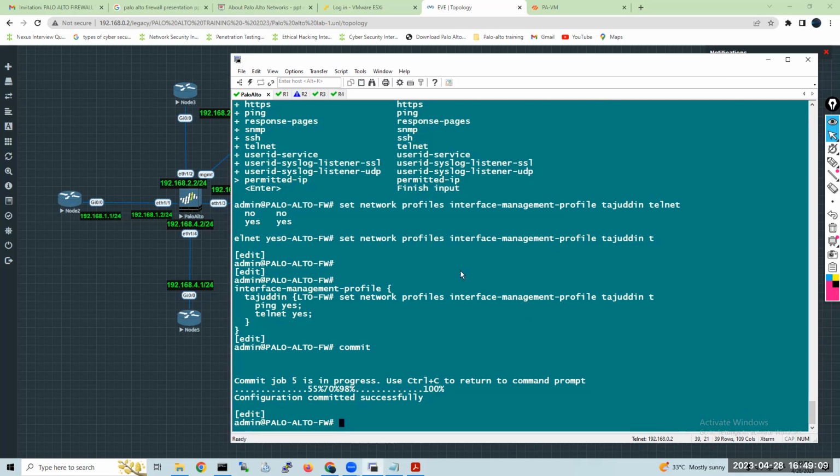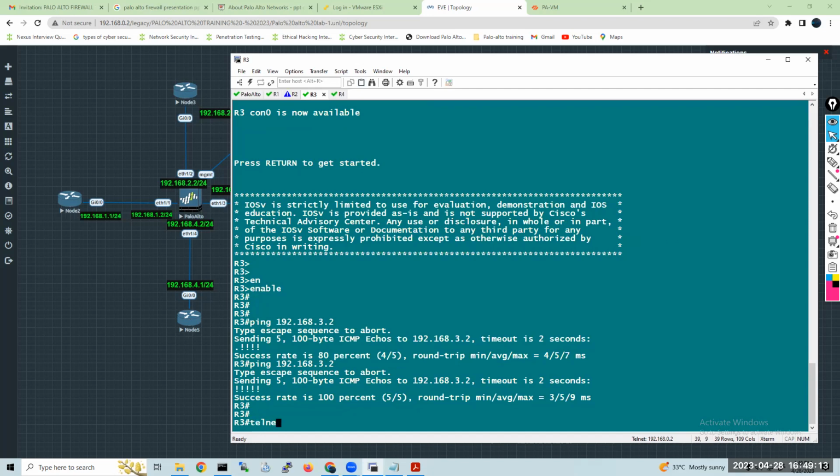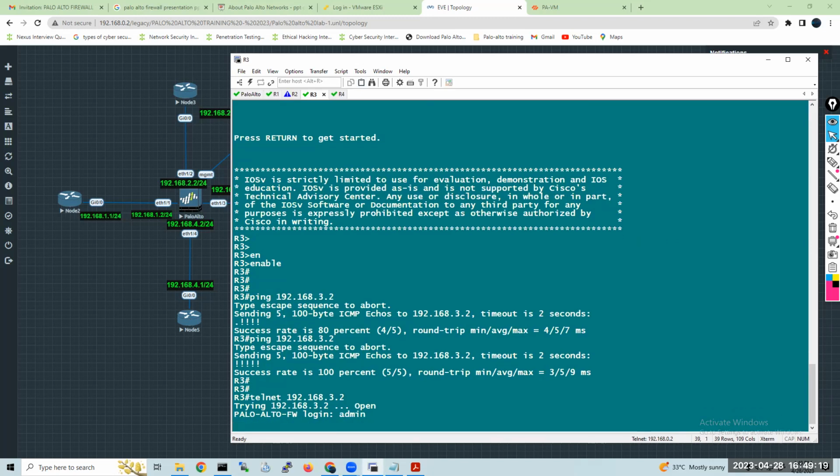Even from my R3 I can access it. Telnet 192.168.3.2, admin, and give the password.